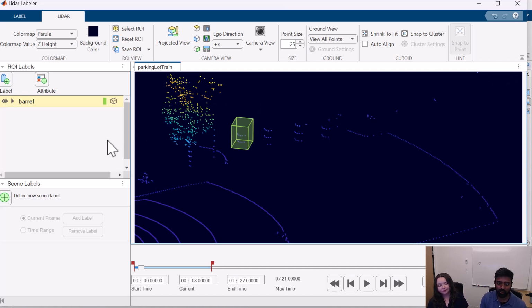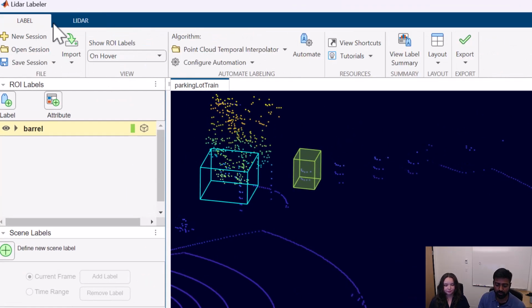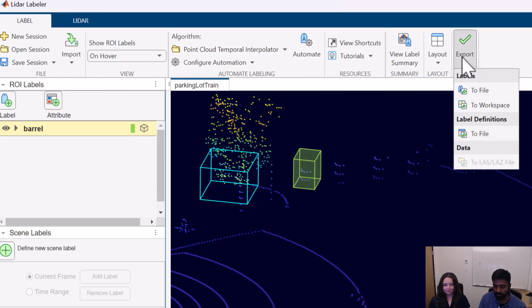Once you have labeled all your data, in this scenario we're going to be labeling barrels, vehicles, and cones. If you have labeled all of them, what you can do is export these labels to the workspace or to a file. So if you go back to the label section, there's an export option that you can use.